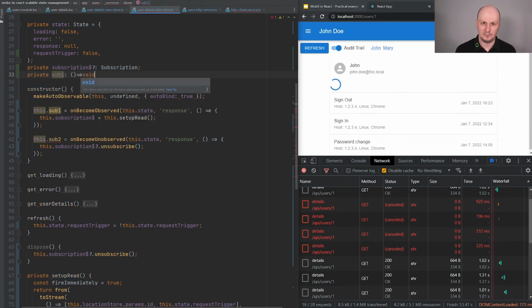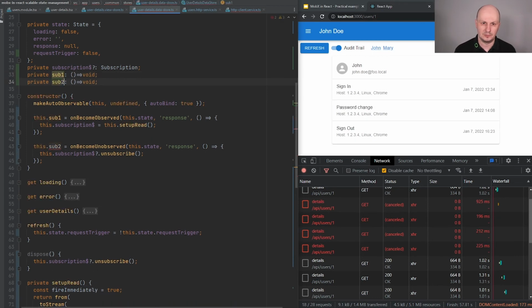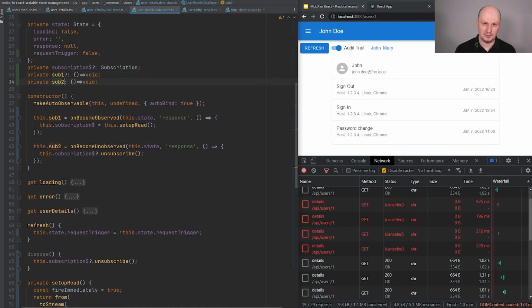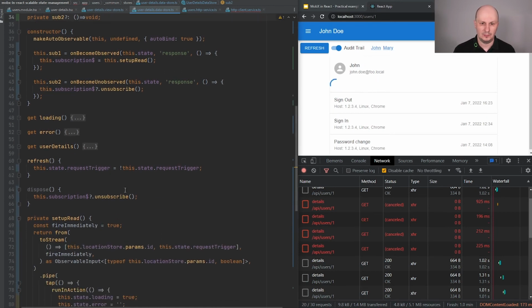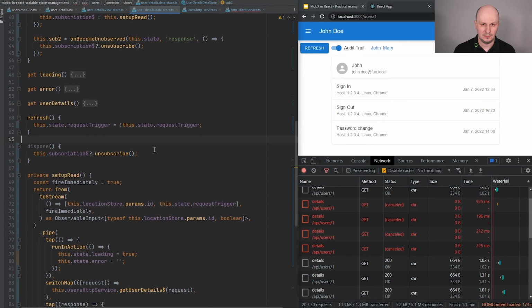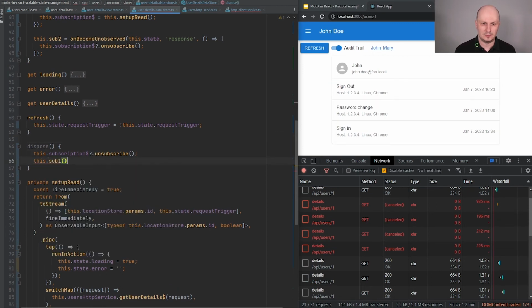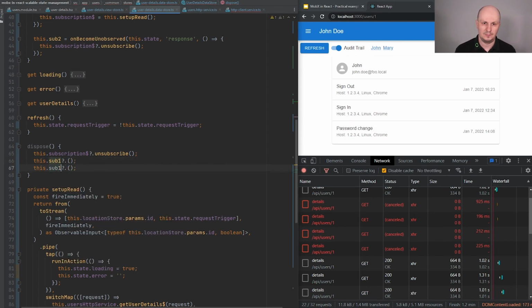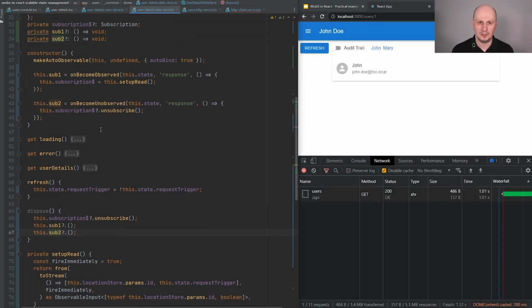It's just a basic function. And yes, we can call it on the dispose. Like that, so we are sure that this callback won't ever be executed while we destroy the application.